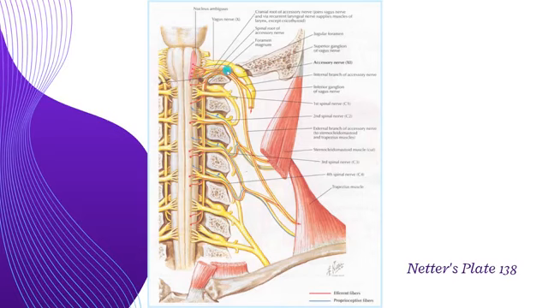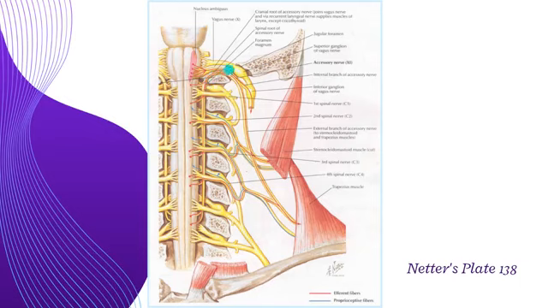And then also we'll see the spinal root of the accessory nerve that's going to originate from C1 to C5 segments of the spinal cord, and then it'll ascend in the vertebral canal in between the ventral root and the dorsal root, make its way up and enter into the posterior cranial fossa through the foramen magnum,